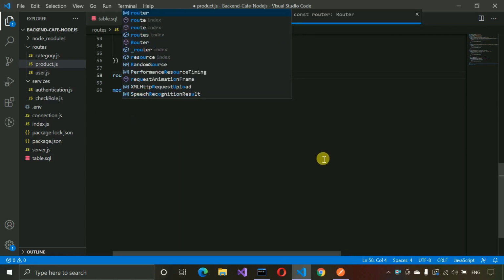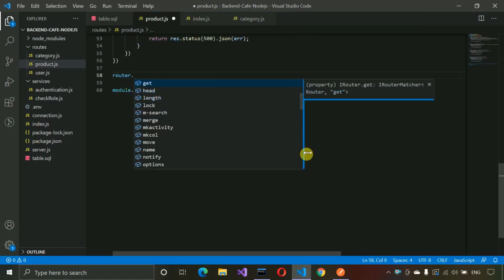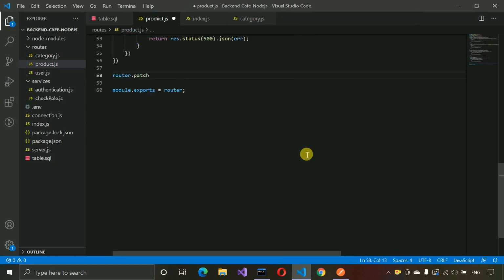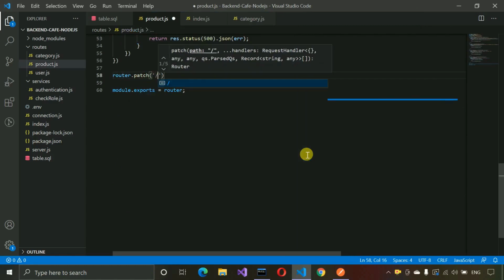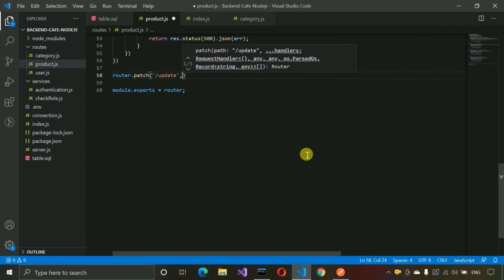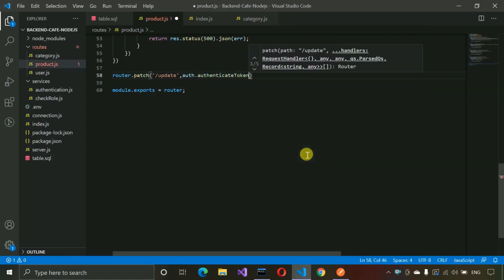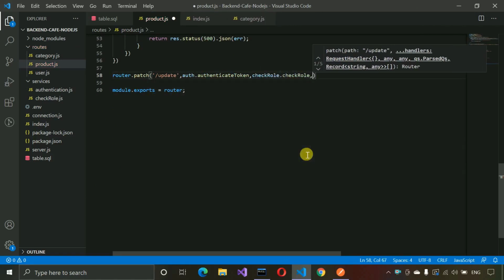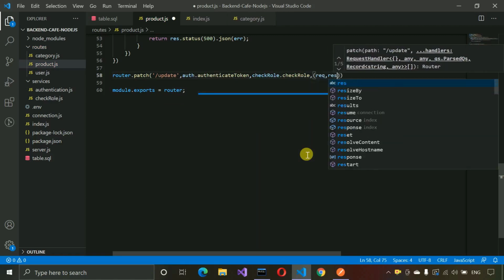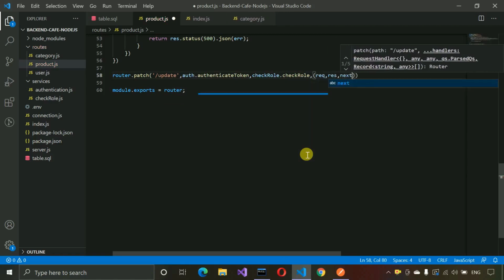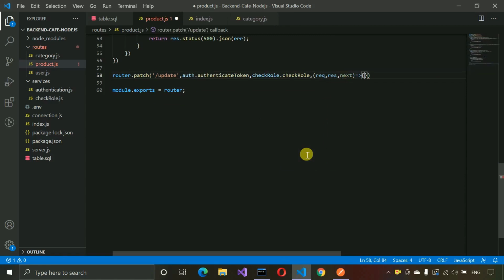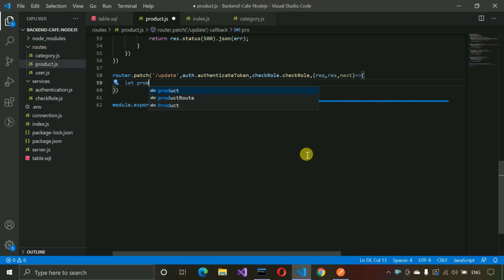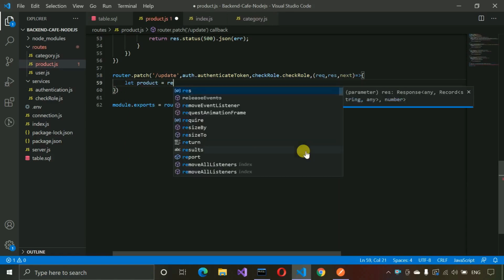So let me move a little bit up. router.patch, actually patch this one, and after that update type it should be auth.authenticate, and in this we are also going to check the role. So checkRole, and request, response, next, and here we are going to write let product equals request.body,